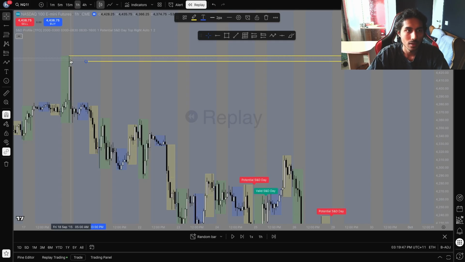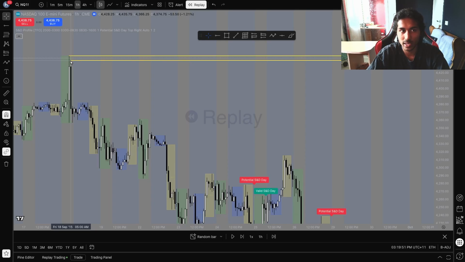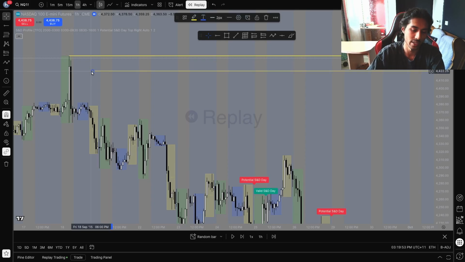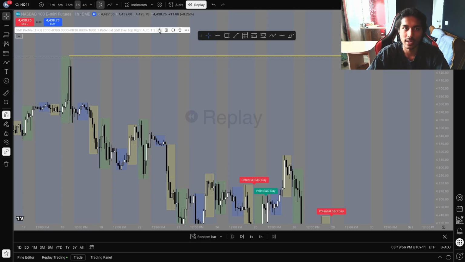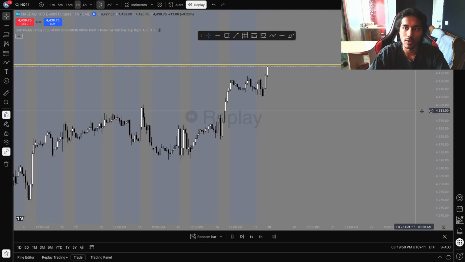You see this 5 a.m. candle? This is a bad draw in liquidity. This is still a good draw in liquidity, but this is session draw in liquidity. Session draw in liquidity, once again, is a stronger draw because there's more orders there. It is session high. Just from what I'm seeing here,